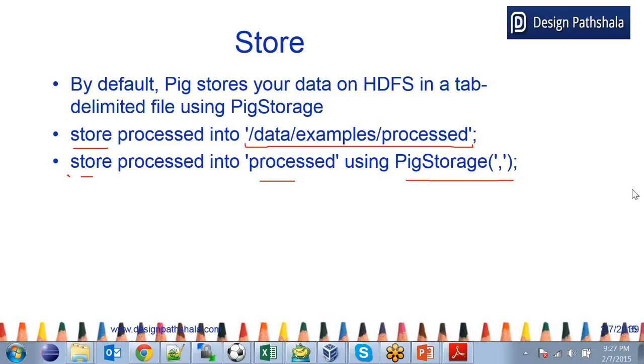Okay, Pradeep said okay, Vikram and Emily said no. Okay, so using PigStorage will tell Pig what separator you have to use while storing this data. This is similar to when we are loading the data. There also, if you can recall, in our slides we used